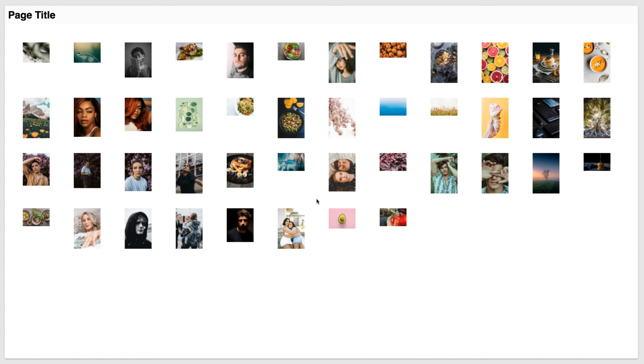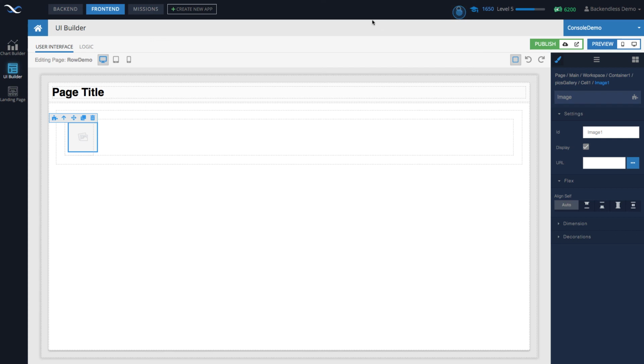Other videos, and you will see links to those at the end of this video, will demonstrate some more advanced ways of rendering these image galleries. But of course, that's going to be a subject of a separate video because I want to keep them small, just so they are focused on just one thing that teaches you how to use UI Builder for doing something very specific. I hope you found this useful.